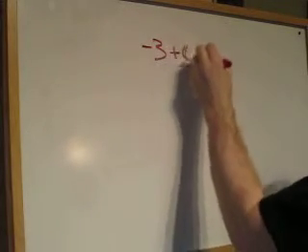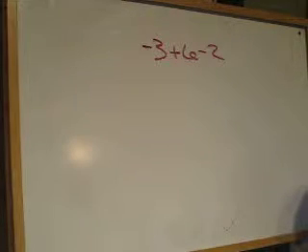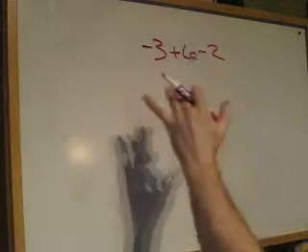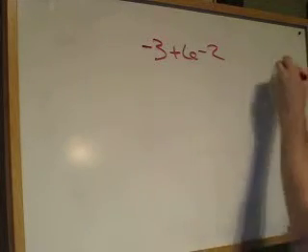Alright, well, let's start combining some things a little bit. Negative 3 plus 6 minus 2. Alright, remember PEMDAS. You do everything from left to right. So in this case,